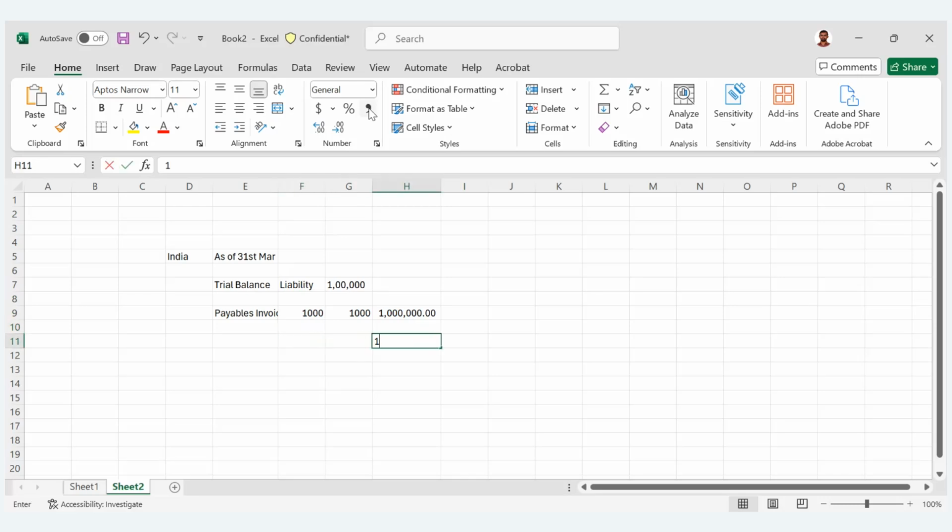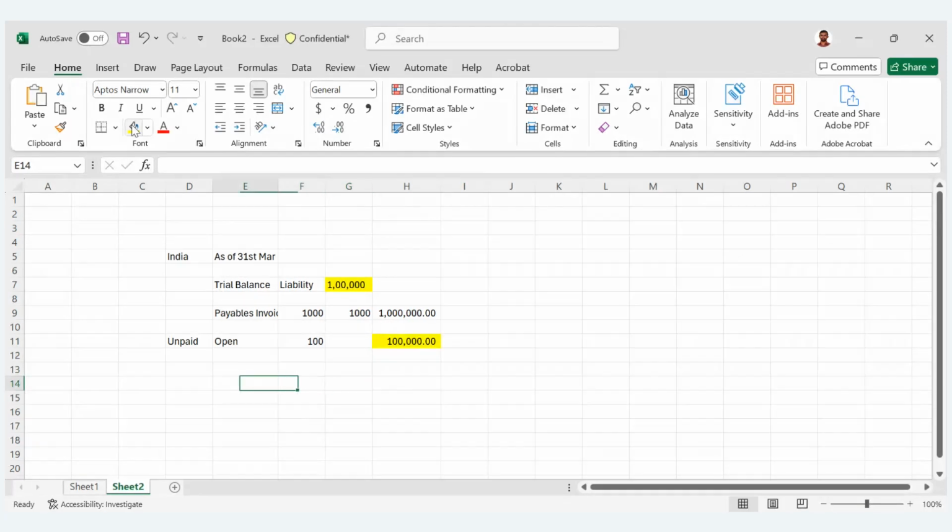So in this case, I will not migrate the entire 1 million. Instead, I will migrate only the 1 lakh rupees. Out of 1,000 invoices, I am migrating only the 100 open invoices, which means unpaid. Now if I look at the balances between the trial balance and payable invoices, this will match exactly. Another point why we look at the balance this way is that